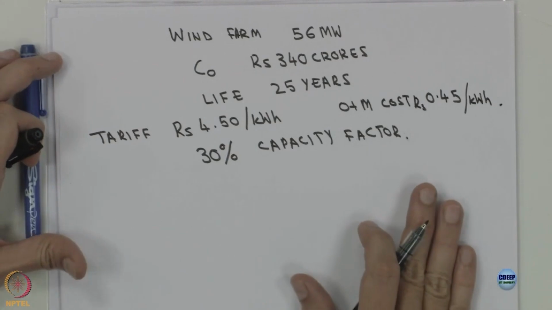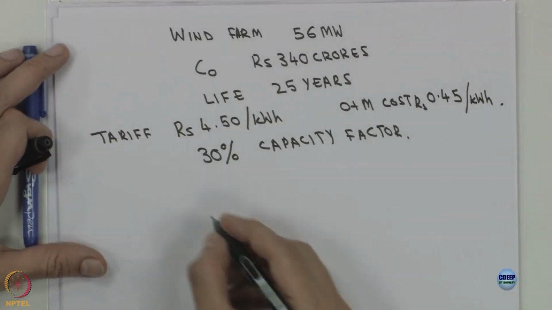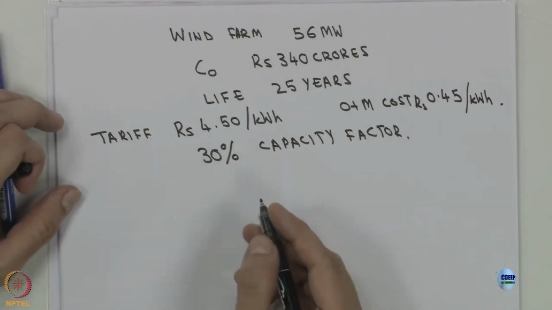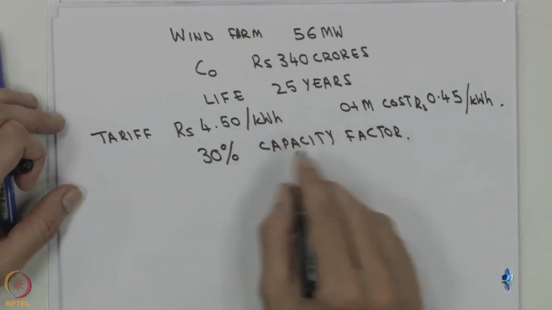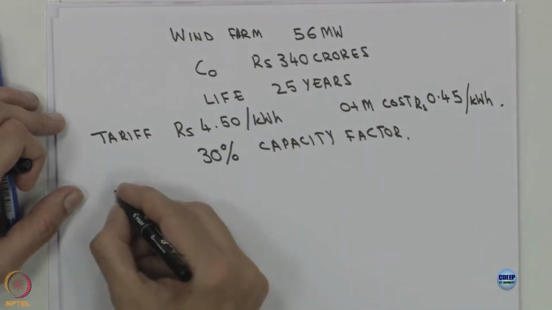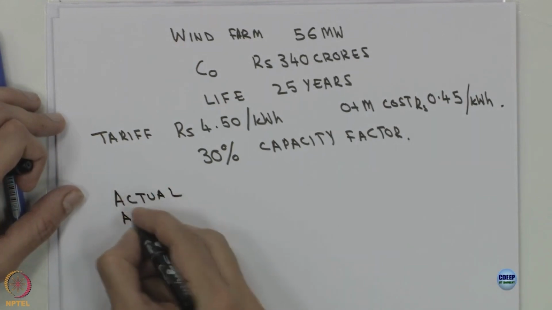So first of all, let us calculate how much is the generation from the wind plant. We are told that the capacity factor is 30%. Capacity factor is the actual generation divided by the maximum possible generation. So the actual annual generation